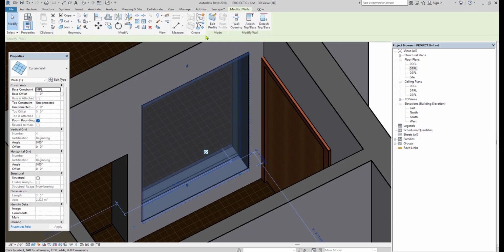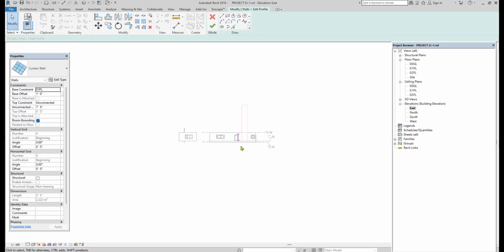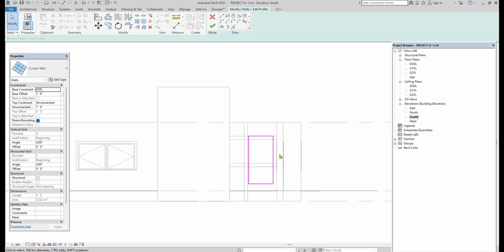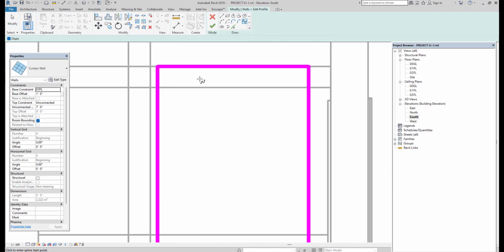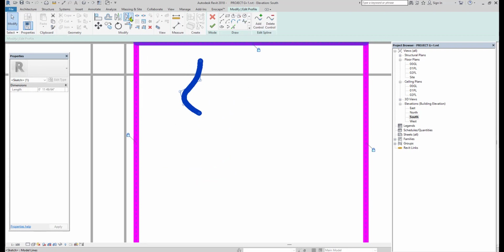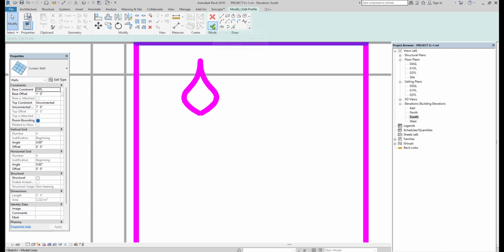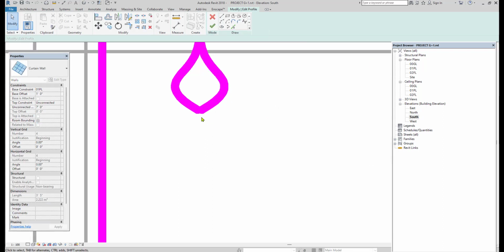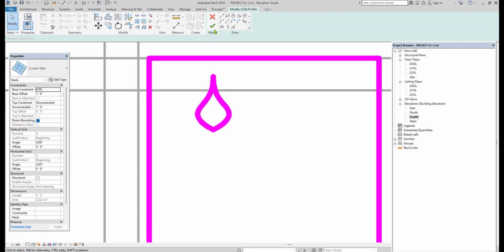Rather than showing this as a simple plain, I just want to do some design. For that, we have to go to the edit profile option, that is I am going to change the shape of this curtain wall. Always you have to go to the elevation to change the profile of that. So here we have an exact profile. You can go with any shape. I am going with the spline and then make sure the design is not intersecting with the main profile. Selecting this shape and doing mirror by draw axis. Pick the 2 points and then confirm whether it finishes properly or not. If not, then you just do combine like this and then try one more time.